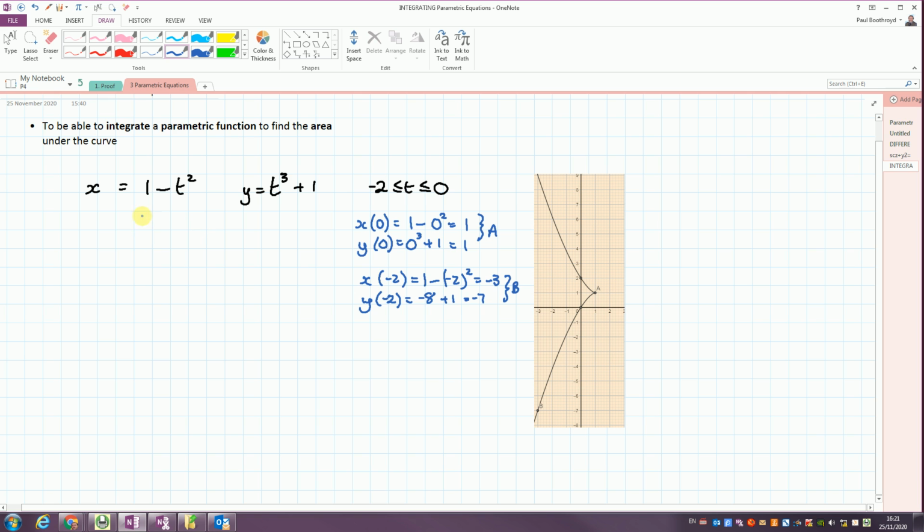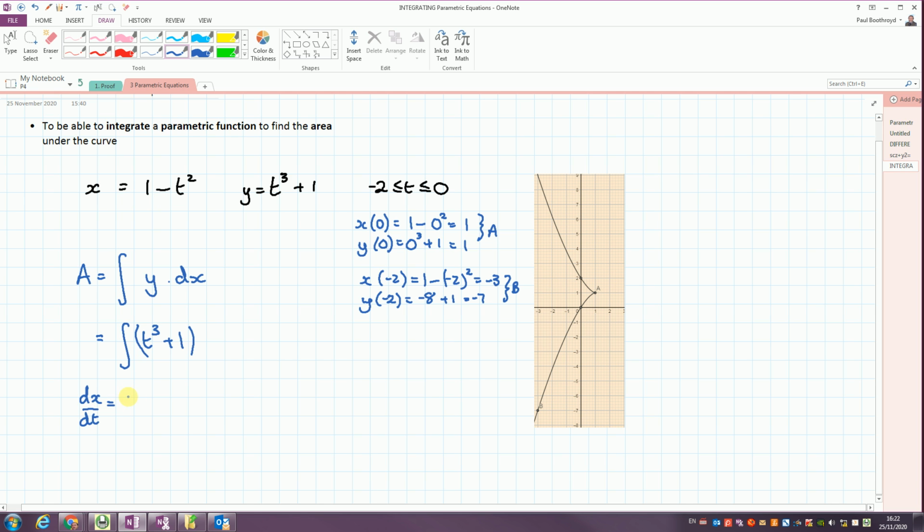So let's have a look through. Now what we would like to do is calculate the area of a curve. And the traditional area of a curve is given by the integration of the y function with respect to x. Now we've done some little bits to do with this before. If I put in some values first, so we know what y is. Y is an integral in terms of t. Now, by substitution, if I've changed y into t, I need to change dx into t. To change dx's into t's, I need dx/dt,